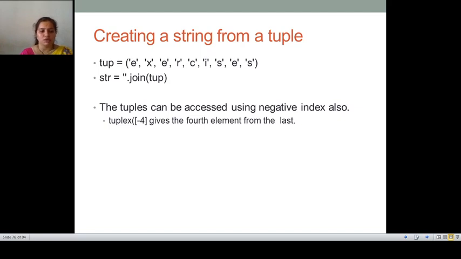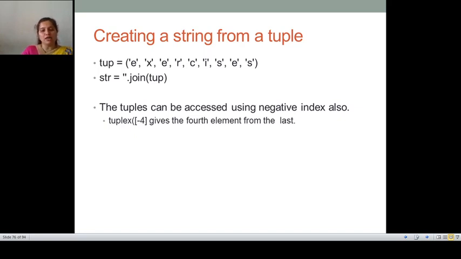The same goes here. So what is the difference between a list and a tuple? To talk about the list, the literal syntax of a list is shown in square brackets. The elements are enclosed in square brackets.